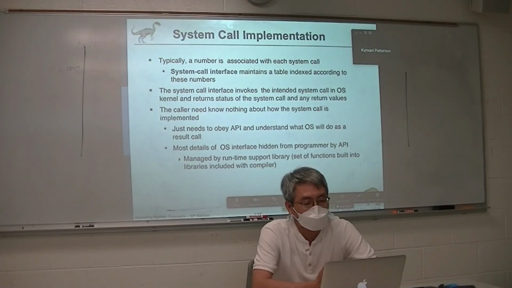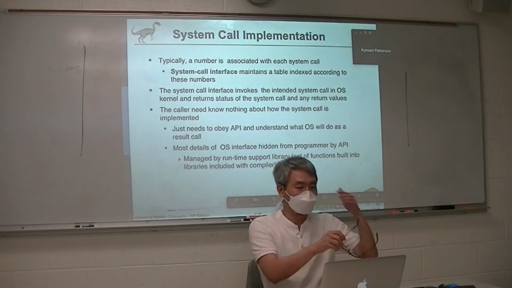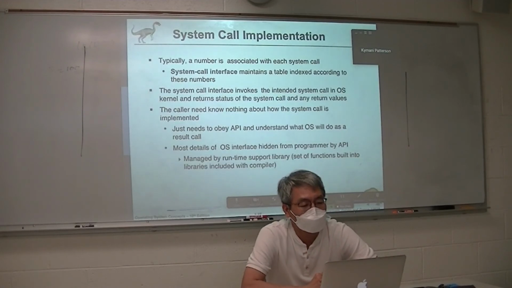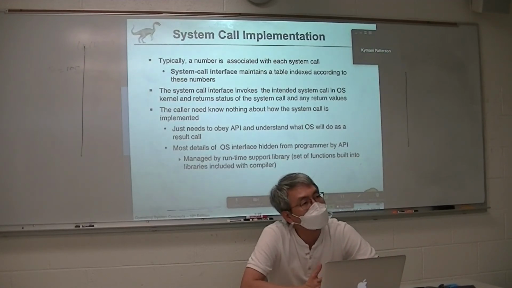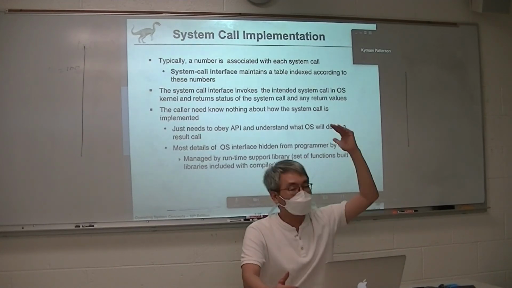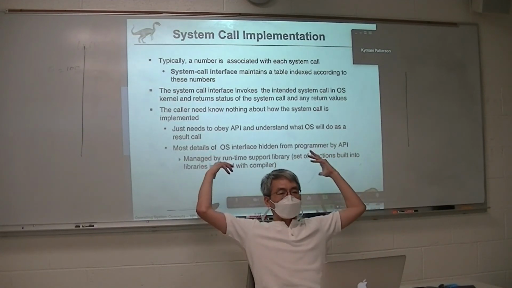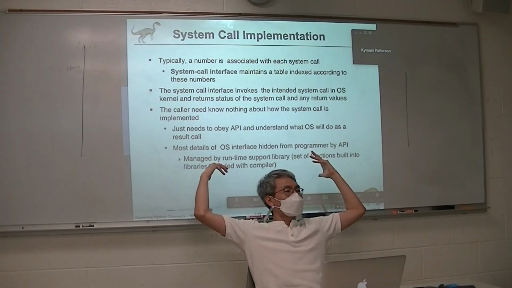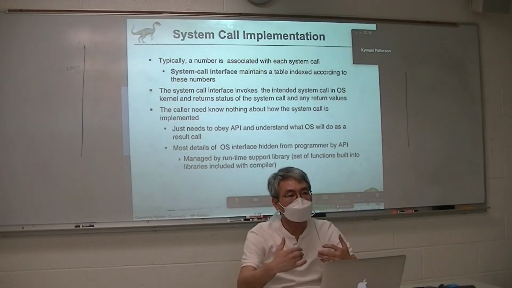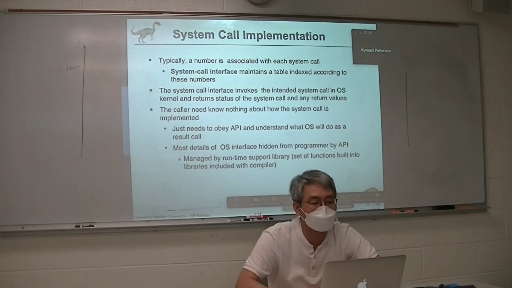So I already discussed the system core implementation. In other words, if I were asked by my manager, why don't you make a new operating system? At that time, there are a bunch of things I need to do. I should design what services my operating system provides to the user. Then, a number of system libraries and system core functions will be implemented.